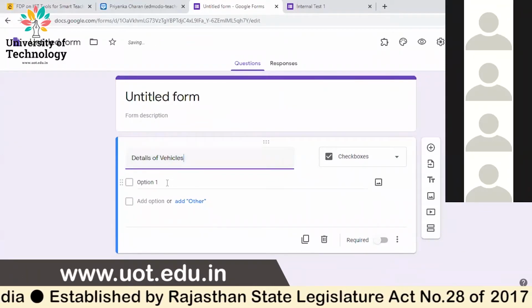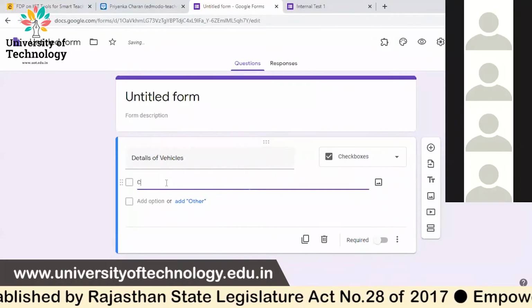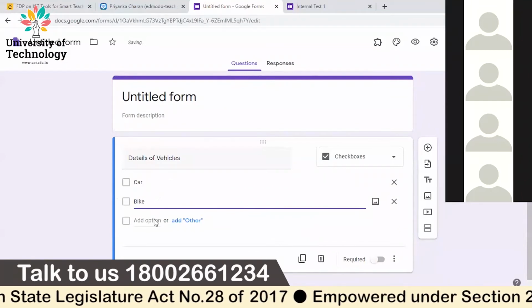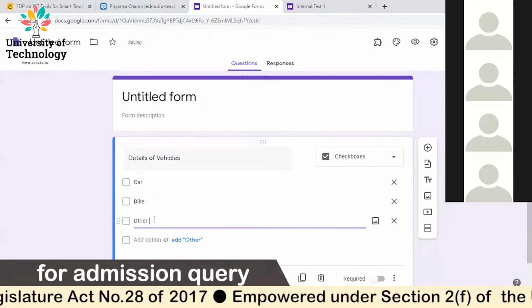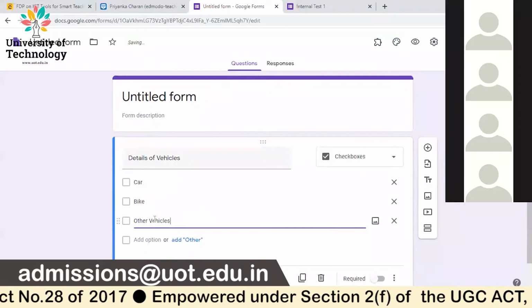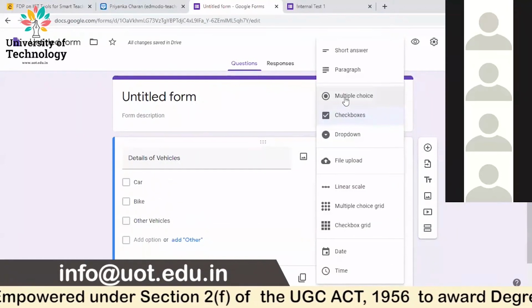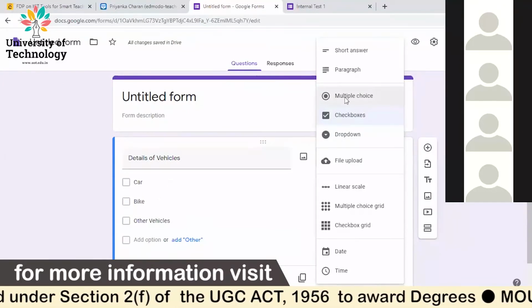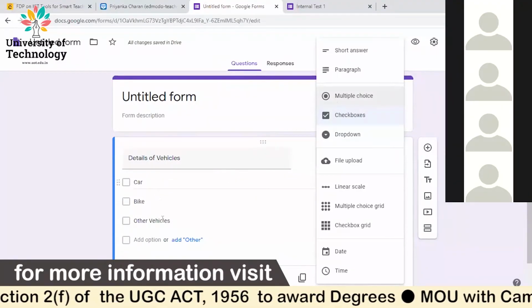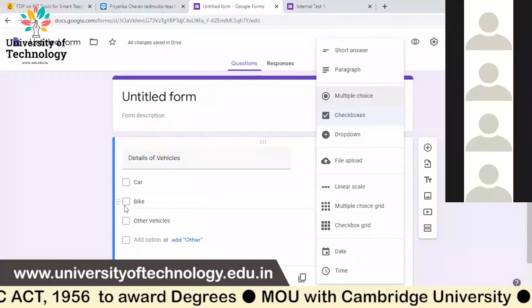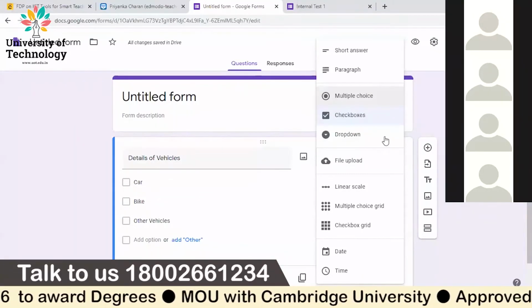One may have a car, bike, other vehicles. With multiple choice, out of the choices you can choose only one, but with check boxes you can choose a number of options. The respondent can choose car or bike. This is check boxes.